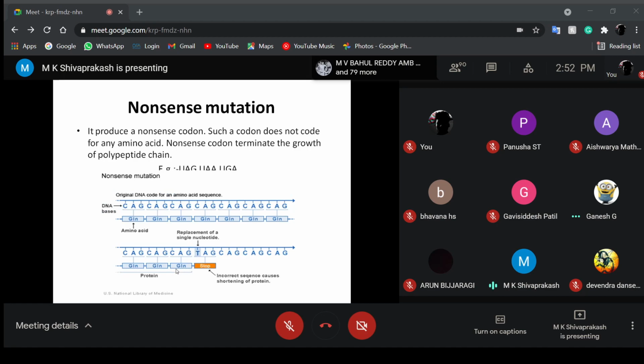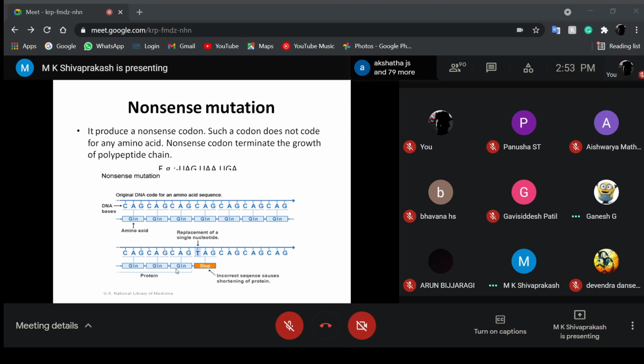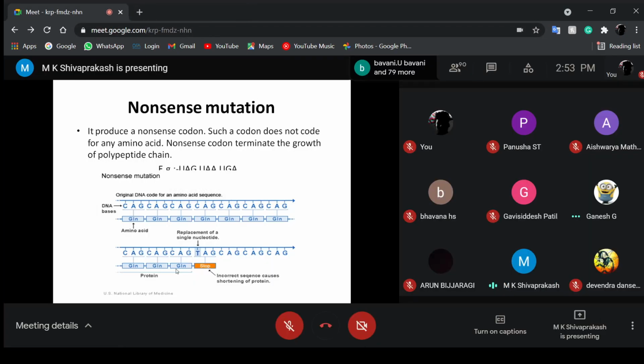Next, nonsense mutation. It produces a nonsense codon. Such a codon does not code for any amino acid. A nonsense codon terminates the growth of a polypeptide chain. For example, here they have shown triplets like UAG, UAA, UGA. If any of these is introduced in the middle of the mRNA,